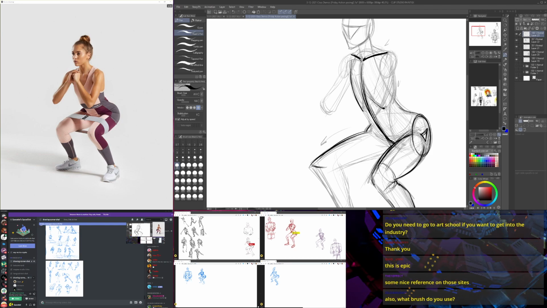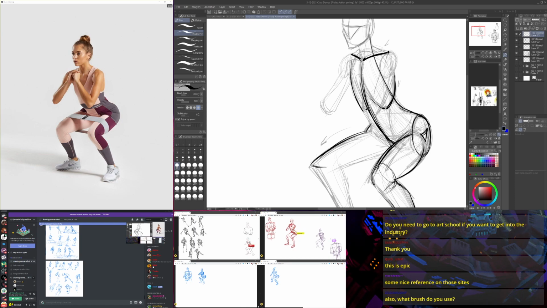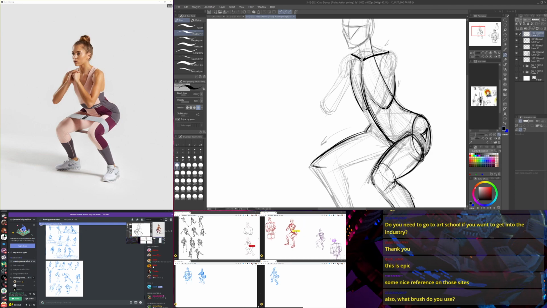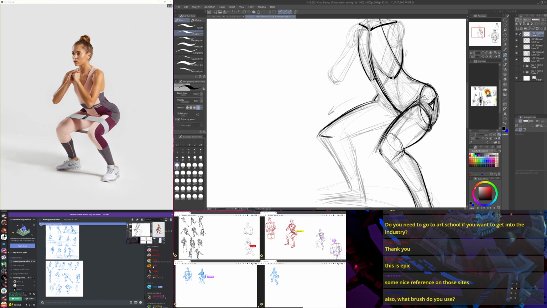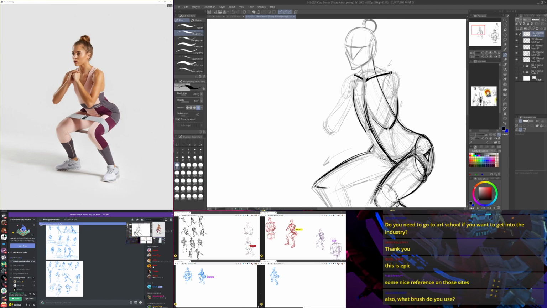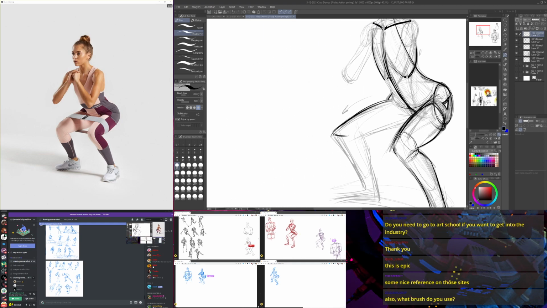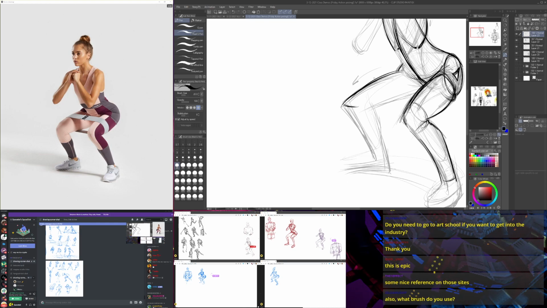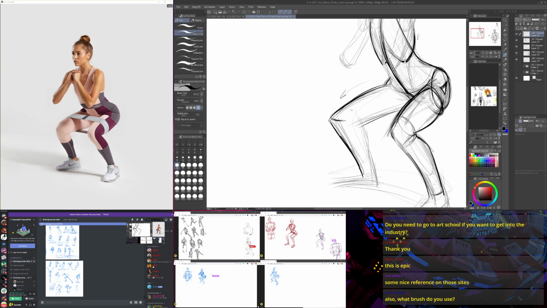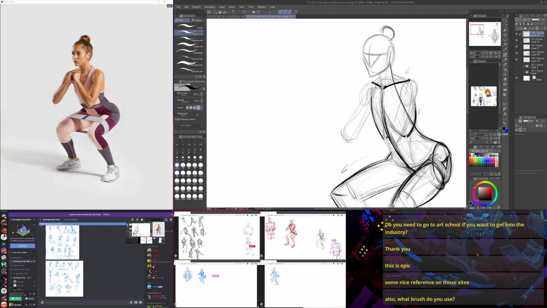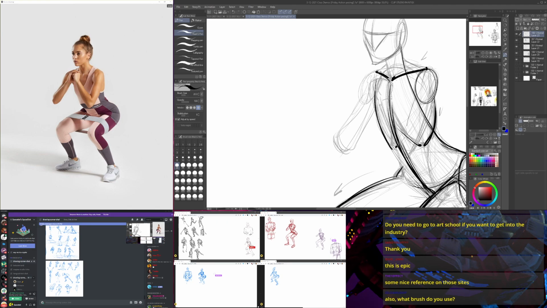Yeah, I'm going back in and trying to more solidly indicate the stuff that I was struggling with a little bit. Get this sort of socket in here. Yeah, this whole area here is kind of screwy. The side plane of the body is fine, but the whole way that the hips work is something that I need to review and revisit for my own practice in the future. So just so you know, I handled that area a little bit clunkily, to say the least. I hope that you guys don't absorb my cruddy habits from that.